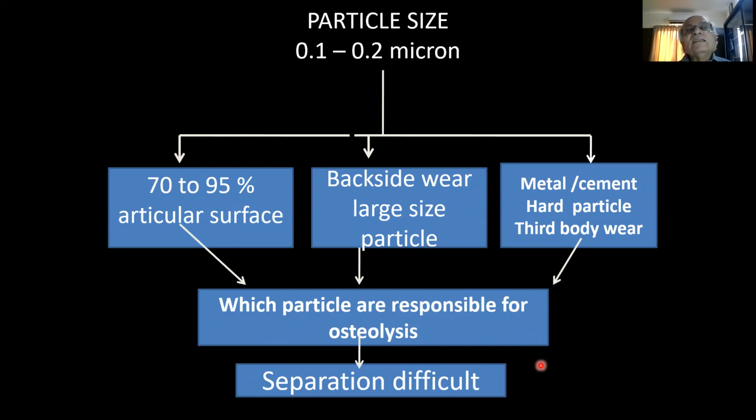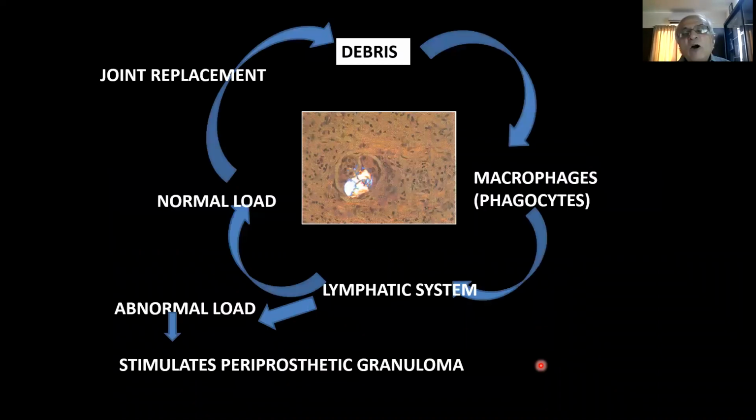So what about this debris? This is the histological section, and this is the poly particle inside the giant cell. This is the giant cell, and this is a poly particle, and these are all lymphocytes and infiltration. Whatever debris comes, nature is great. The macrophages phagocytose it, and the normal load is thrown out through the lymphatic system. But if the particle threshold goes up,